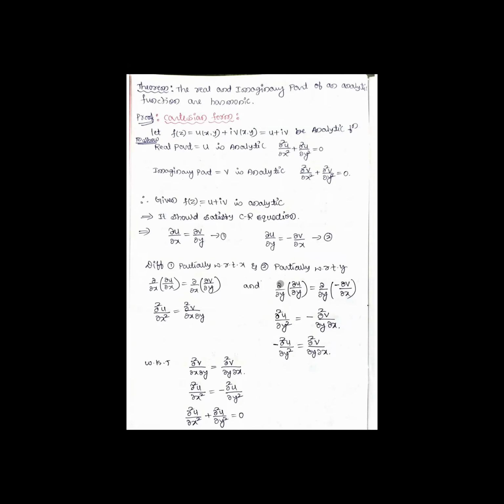No, sir. Okay, so what all the things we have studied? Definition of analytic function. After that, if the function is analytic, what are the CR equations in Cartesian form? And what are the CR equations in polar form, we have studied. So next, the real and imaginary parts of an analytic function are harmonic. We have studied the Cartesian form. Tomorrow we will study the polar form. So tomorrow theorems will get completed. After that we will study examples based on this. Any doubts? If you are having any doubts, you can ask me so that I can discuss.